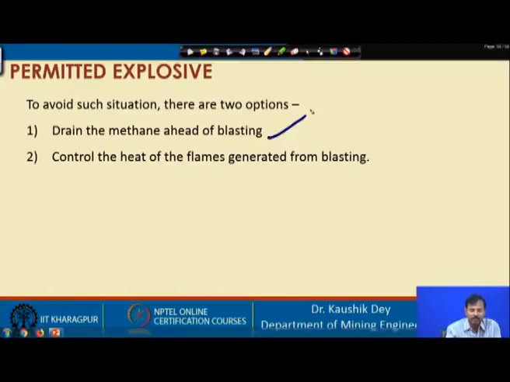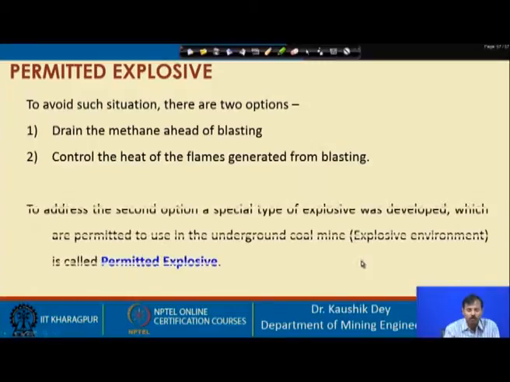The second is controlling the heat, so that heat and flame cannot be generated from the blasting to create a situation in which it will explode. The first one is very difficult and may be time consuming. So, to carry out the blasting, the second option is mostly used, and to address it,